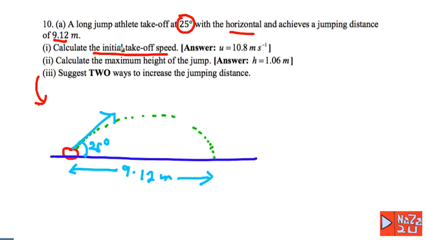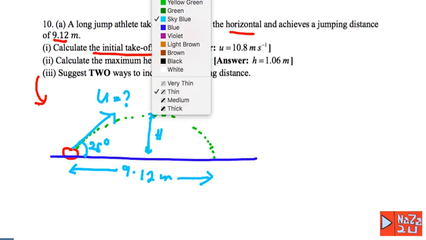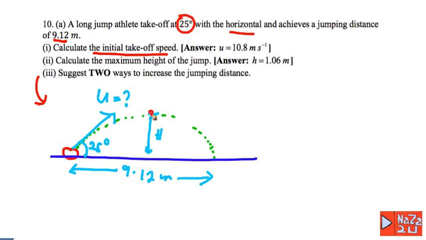So number one is to calculate the initial takeoff speed. What is the initial u here? If you start with the object, this is the maximum height, h. At the position of the maximum height, vy is equal to 0. So to find u here, first you can refer to the equation vy is equal to